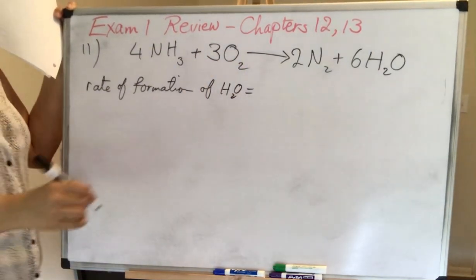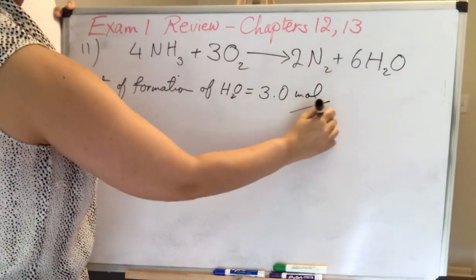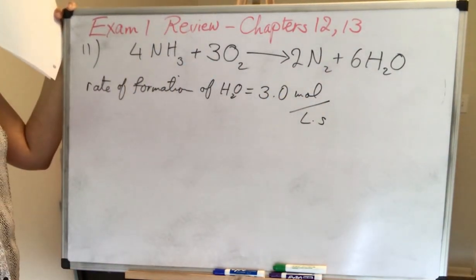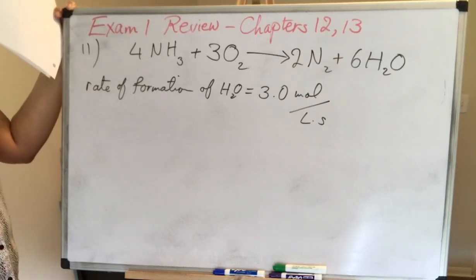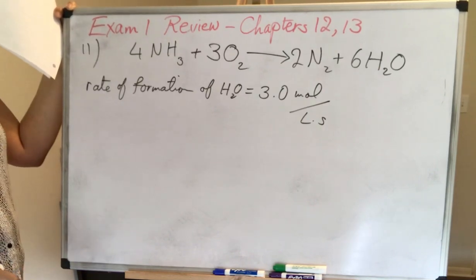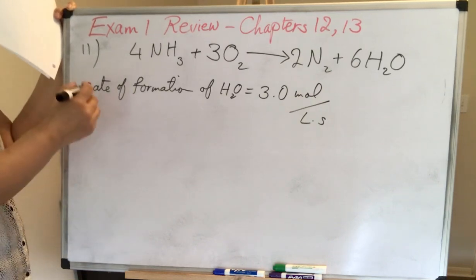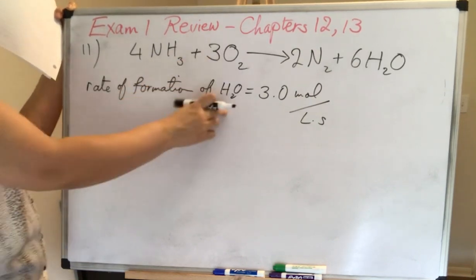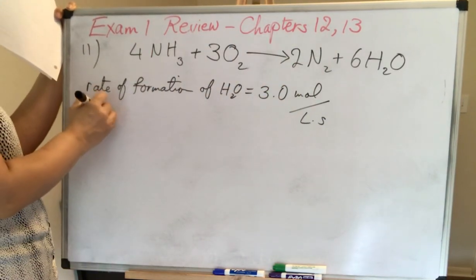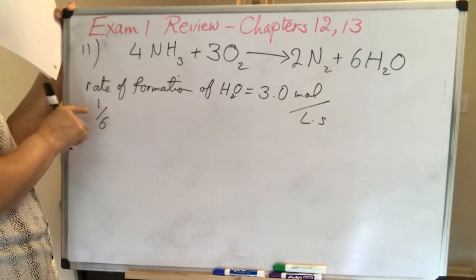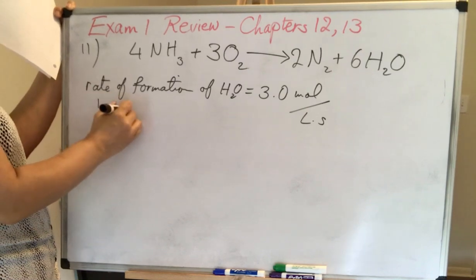Which is 3 moles per liter second. We are supposed to find the correct statement. If you do this procedure that I give you, try it for all of these 5 choices, you will see A is correct. How? You know that H2O is a product, right? So 1, and it's produced. So 1 over 6, the inverse of the coefficient. 1 over 6 times 3,